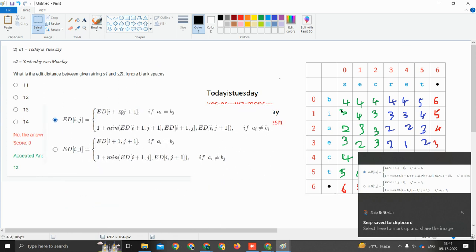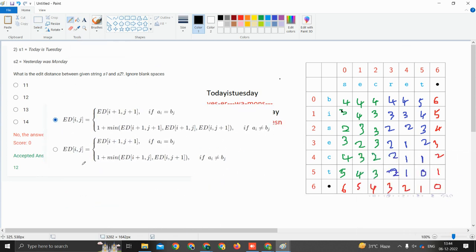Okay. So that's correct. So what is the second option? I mean, what is it for in this picture? What does the second option mean? It means I plus one and j plus one. Okay. So if you are trying to find out the edit distance of this, it is saying that